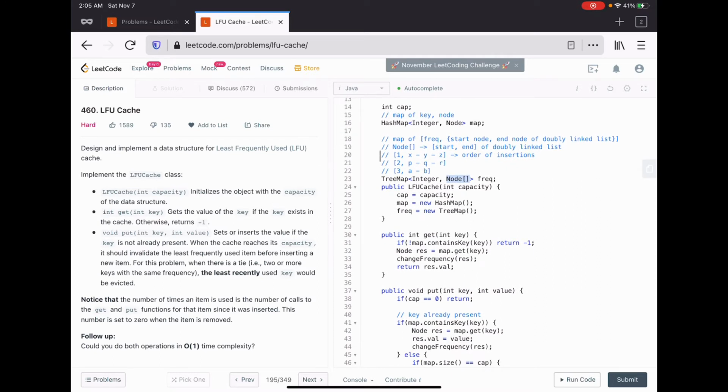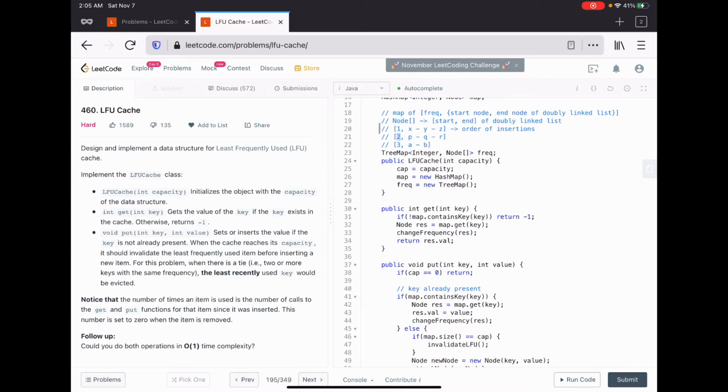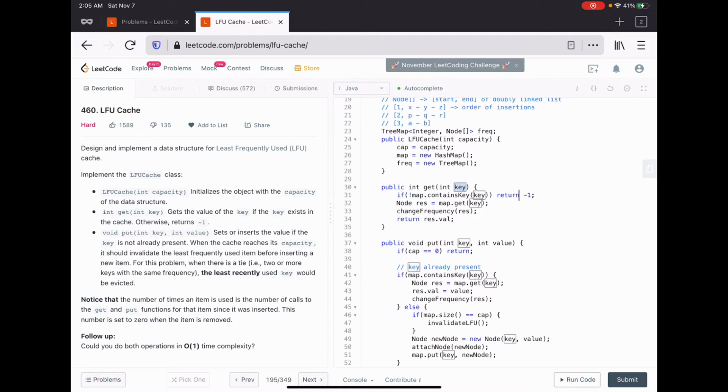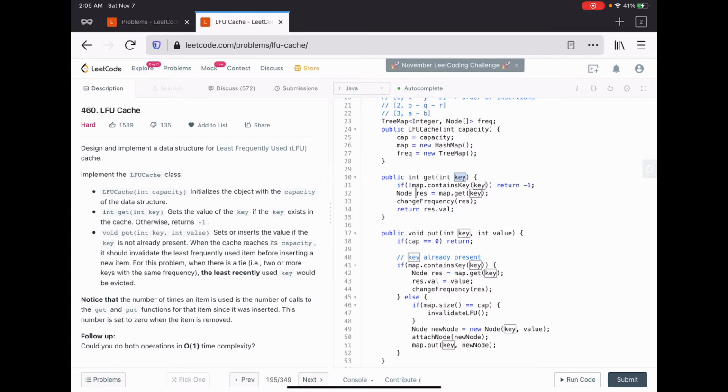So for example, if this tree map has 3 frequencies, the first frequency has elements x, y, z, in that order of insertion, and frequency 2 has elements p, q, r, and frequency 3 has elements a, b. So this is how this tree map structure looks. Now how does the get operation work? The get operation gets the value with the key given. If the primary hash map does not have that value, then we don't have to do anything, and we just return -1. If the primary hash map has a value, then we get that node from the primary hash map,